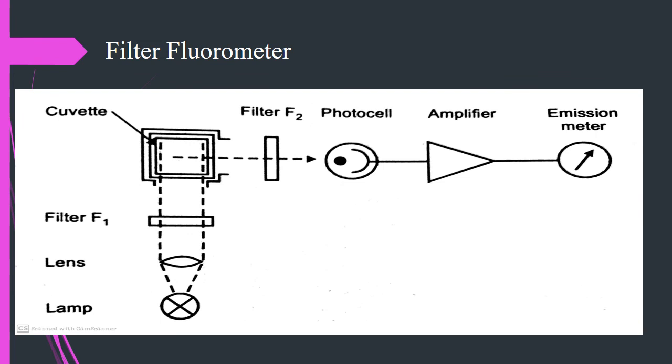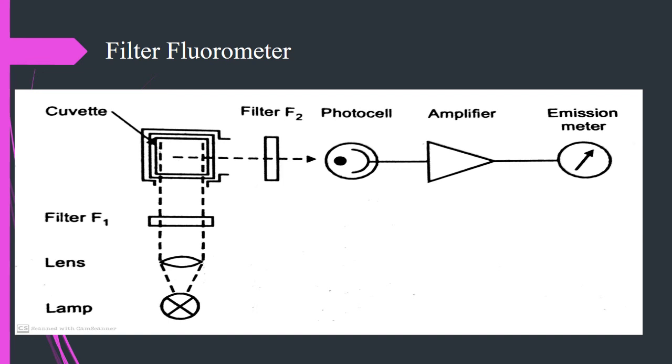The next is the filter fluorometer. As we have discussed in the introduction, it is based on fluorescence. Fluorometry is carried out by illuminating the sample with a lower wavelength light, normally ultraviolet light, that is highly absorbed by the sample, and then measuring the fluorescent light intensity, which is at a higher wavelength. Fluorometry is only used when the substances are available in lower concentration. Generally, this is used to determine concentration after calibration with standard solutions of known concentration.